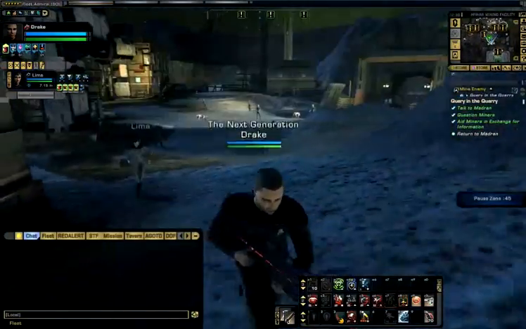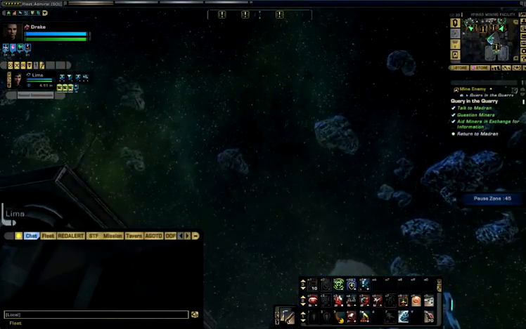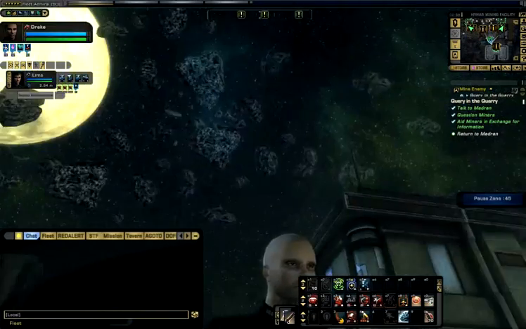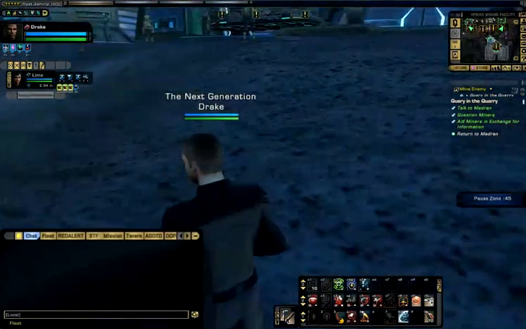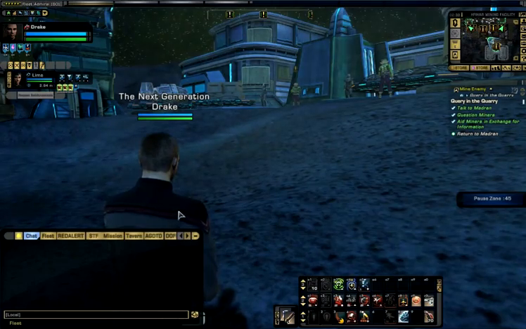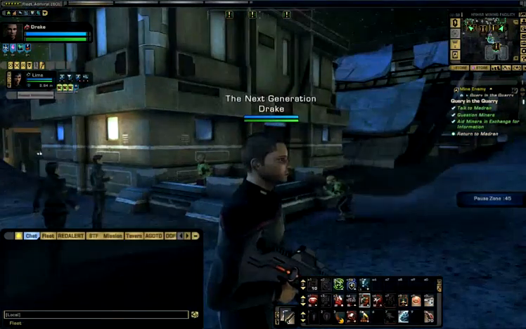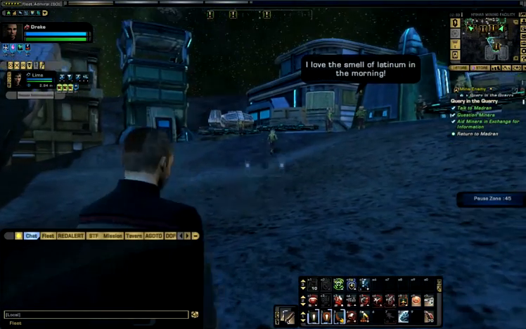I cannot wait for the revised ground controls to make it to PC. Since they're porting this game to consoles right now, that makes me nervous. Since they're porting games to consoles, they've basically given the ground combat, or ground controls, a Mass Effect style radial wheel, which will be a lot more useful than this tray that I've got right here. Especially considering